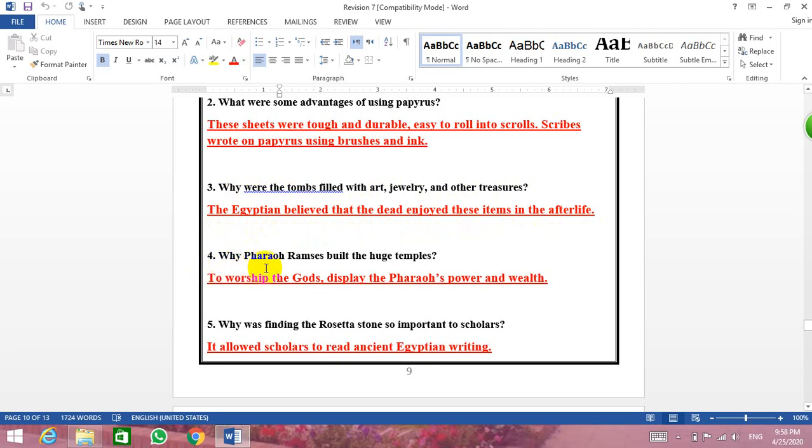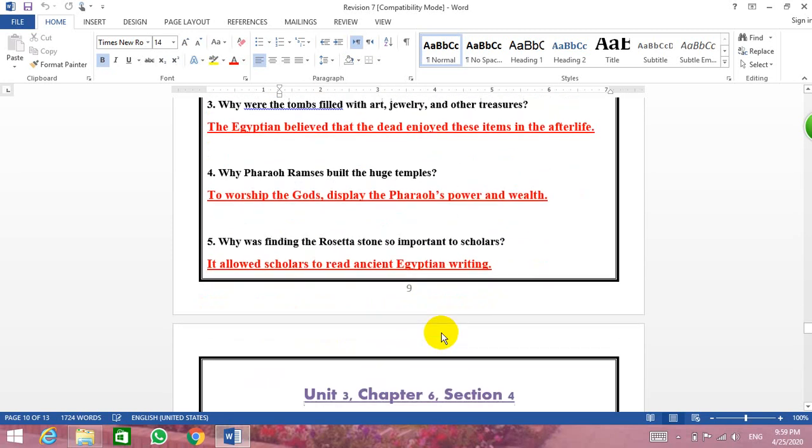Question 4. Why did Pharaoh Ramses build the huge temples? To worship the gods, and display the pharaoh's power and wealth. Number 5. Why was finding the Rosetta Stone so important to scholars? Because it allowed scholars to read ancient Egyptian writing. So the Rosetta Stone was a key to reading the ancient Egyptian writing. Okay,